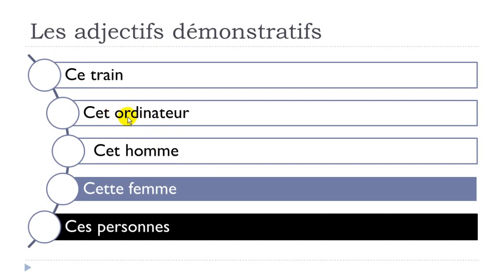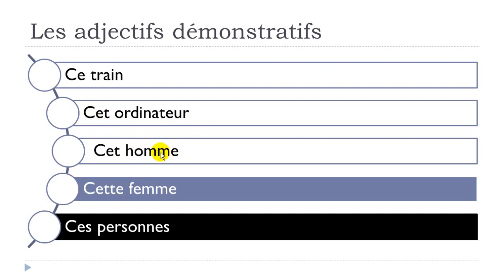Okay, here you've got ordinateur. So ordinateur, a computer, okay, and it's masculine. Un ordinateur, okay, but if you look carefully, it starts with O, okay, so vowel, and then you will have to take this cet form, so the masculine form, but the one that we'll use with the words that start with vowels, or then H plus voyelle, okay, so cet ordinateur, this computer, cet ordinateur,